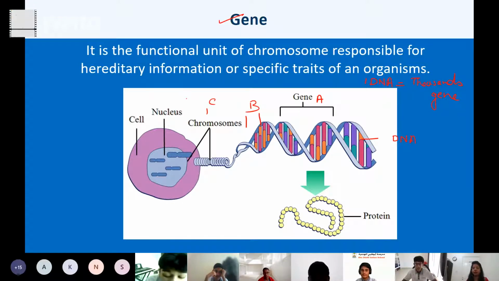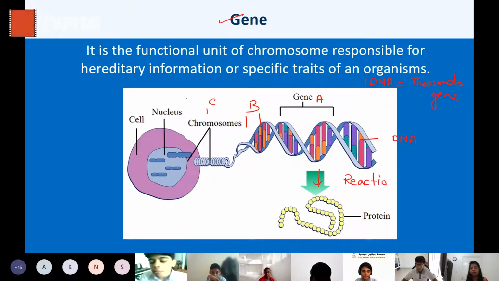Now, a small part of the DNA is called the gene. What is a gene actually? Gene is a small part of DNA which can control a reaction in our cells. A lot of cell reactions happen. A small part of DNA can control specific traits. Specific trait means one of the traits that it can control. Many cellular reactions are happening in our body which determine the trait, the character: for respiration, for nutrition, for growth, for intelligence, for appearance. And for those reactions, genes are responsible.